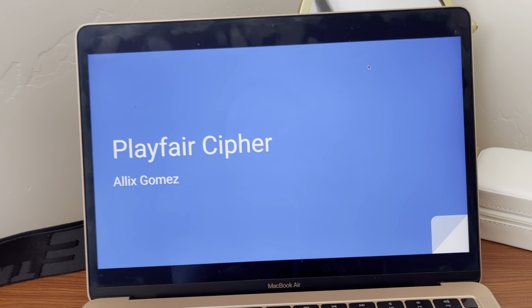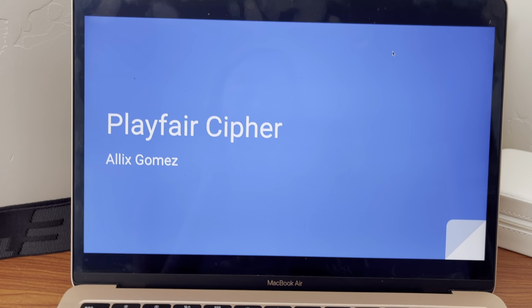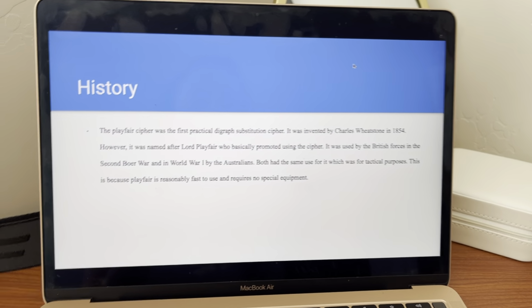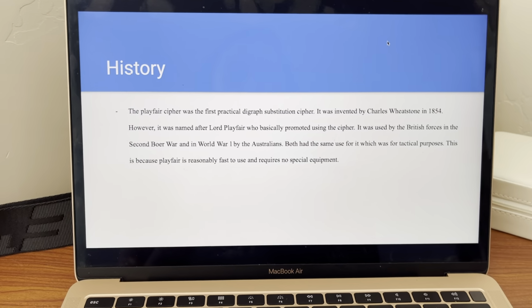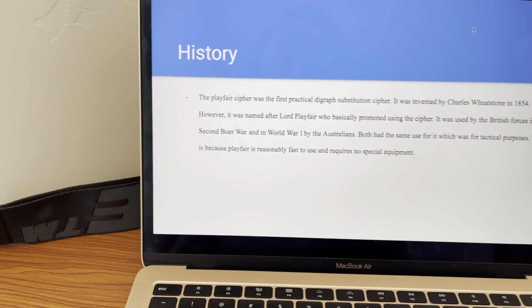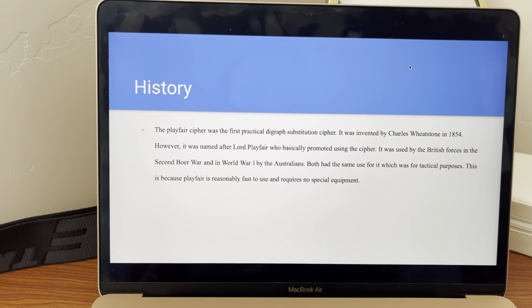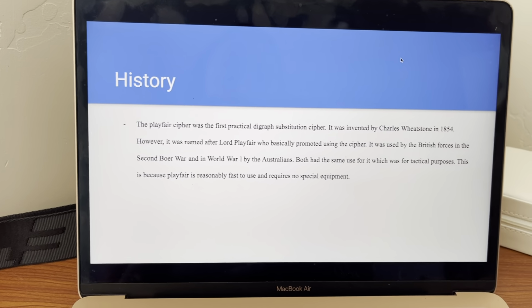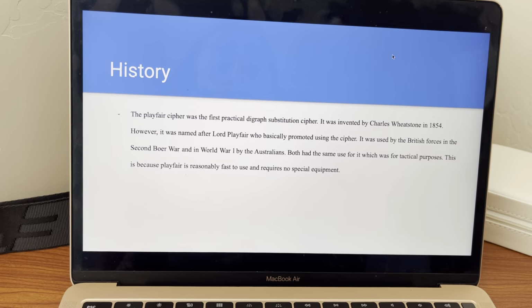The cipher that I chose to research is called the Playfair cipher. So the Playfair cipher was invented by Charles Wheatstone in 1884. However, it wasn't named after him. It was named after Lord Playfair because he was the one who pretty much did all the promoting and using